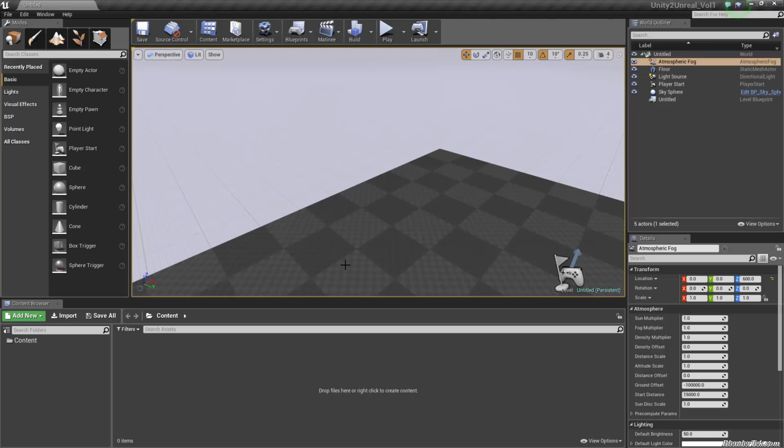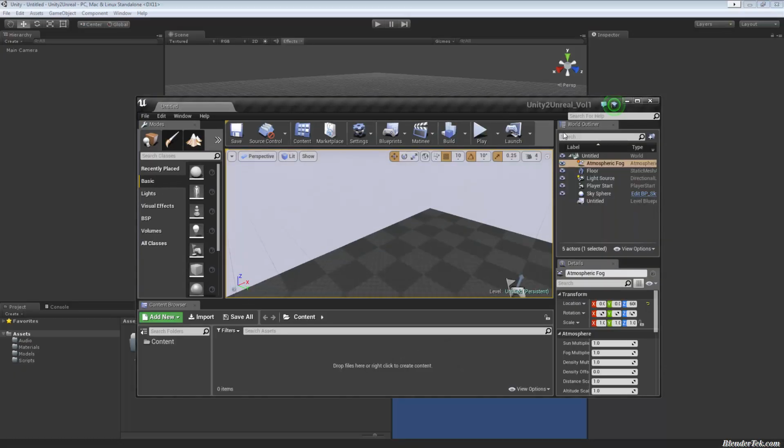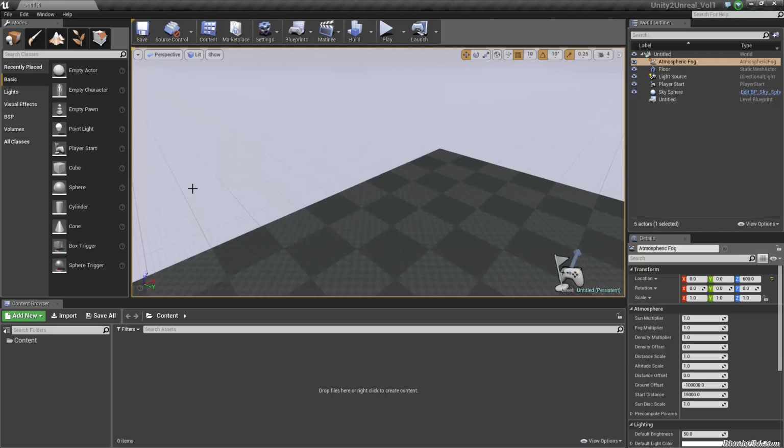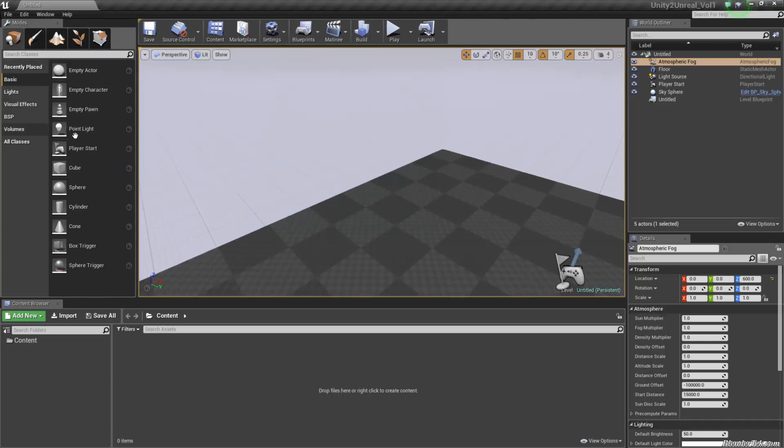Now I need to expand the Unreal editor when I go into it, because one thing about Unreal that I'm not liking so far is that it's very, very squished. These buttons up here, A, they're huge, and B, they should probably be put into menus up here. The buttons where you add all your different actors and such are huge and could probably be put into a menu. The outliner is decent, the details is decent, and the content browser is decent, but the buttons are just huge. It takes up so much screen real estate.